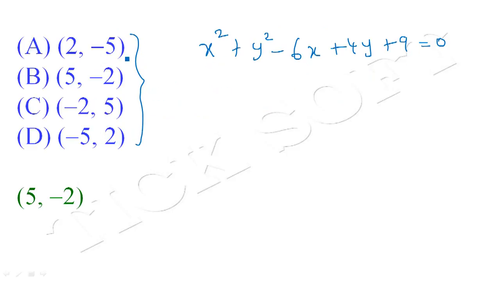Out of these 4 options we know that the point (5, -2) will satisfy this equation, because 5 square will be equal to 25, and y square will be (-2) whole square, which is plus 4, and -6 into x will be -6 into 5, which is -30, and 4 into